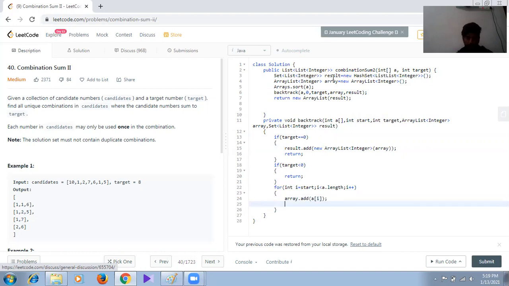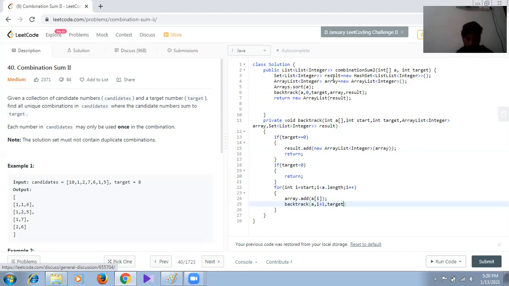After adding we recursively call this backtrack method. Now we will pass the same array here. We will check for the next element, that's why we will pass i plus 1. Now the target. We have already discussed that every time we have to subtract from the target the element that we have added in our array list.